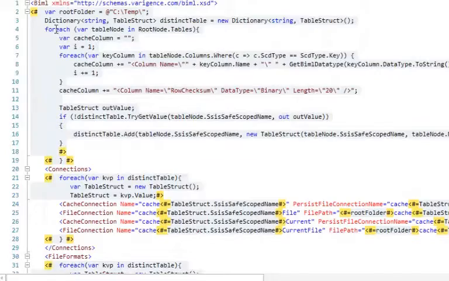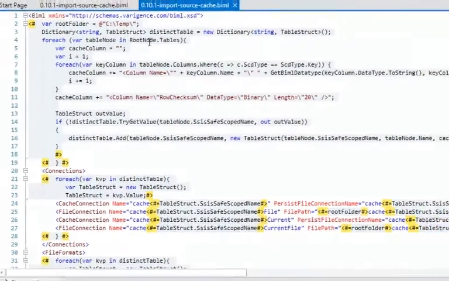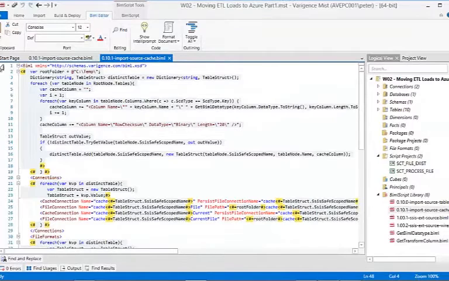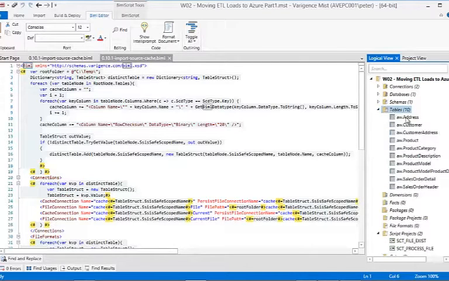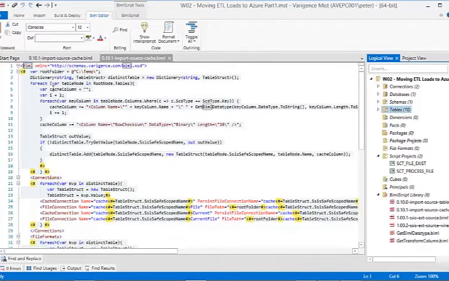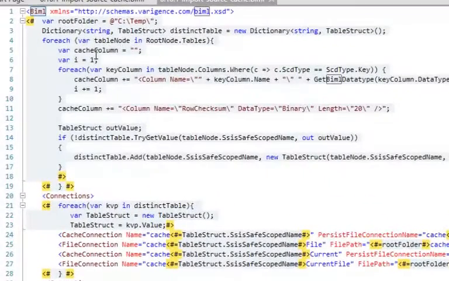So what I now do is I say, for each table node in root node.tables, and as I just said, BIML is our root node. So if you wanted to visualize it, this is my root node, and these are my tables. So I'm saying root node for each table, which are these guys here, in root node.tables, bring that in. So now I have a loop of tables, and I just set a var,